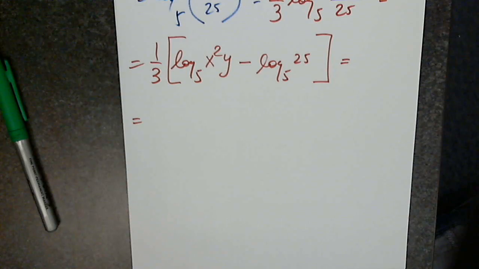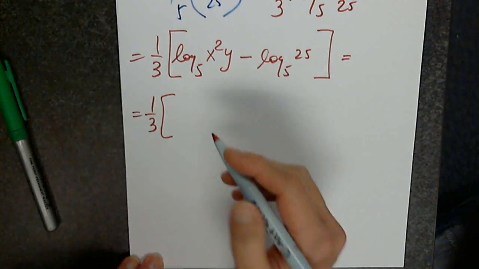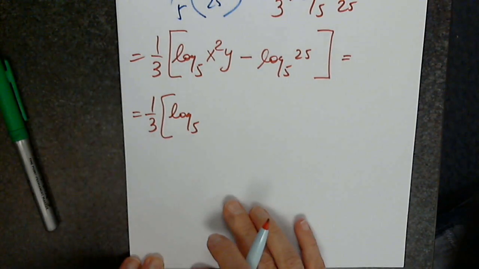Okay, now I see I have a product. 1/3 is waiting outside patiently. Log base 5 of